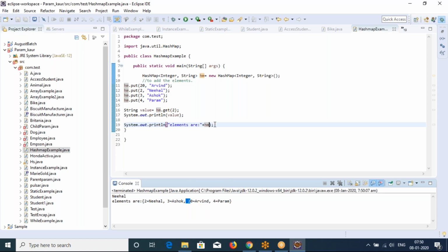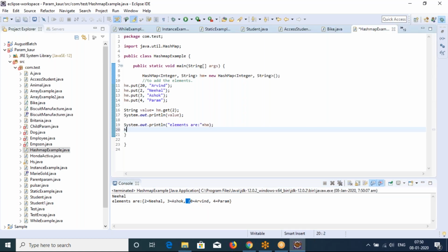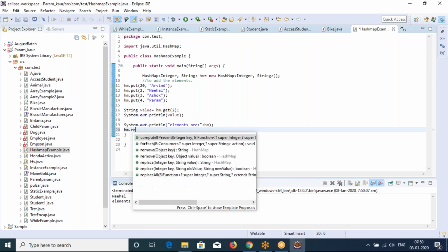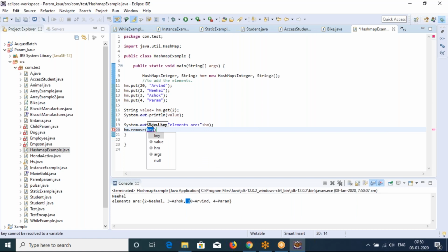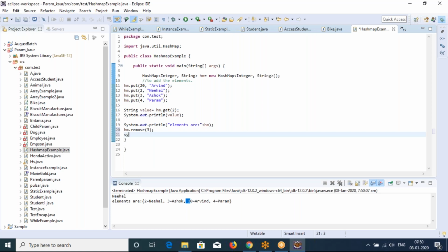Let me try to... yeah, we have demo method also. Demo. No, I think it will be removed. Let me copy paste this one.